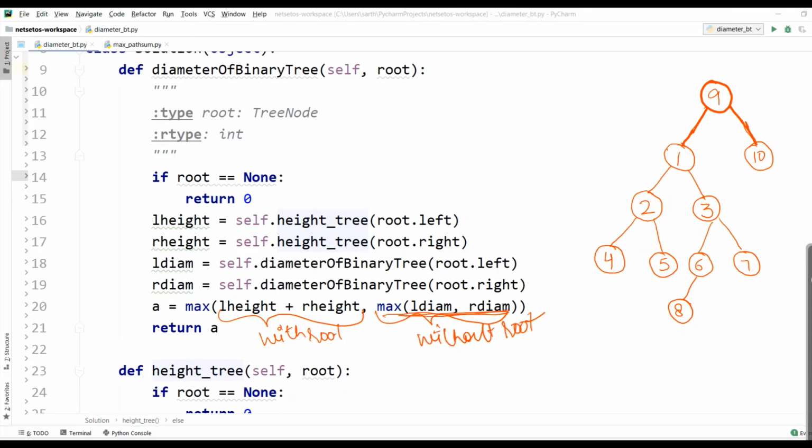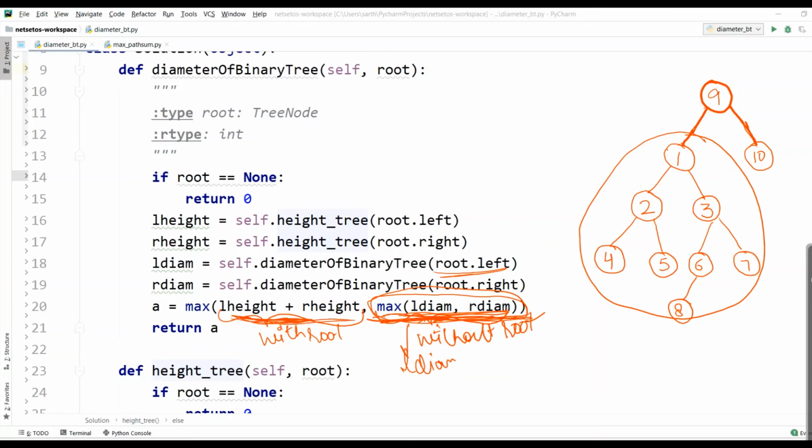All this is happening with the help of recursion, and whichever is maximum among the left diameter or right diameter will be taken here. Then it will calculate the maximum, whichever value is maximum, with root or without root, and this value will be returned as the diameter of the binary tree.